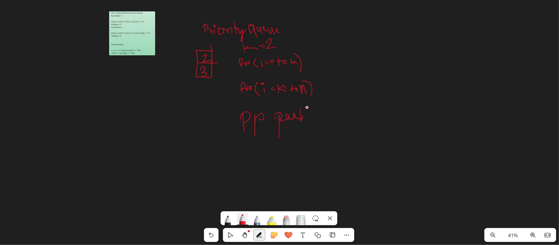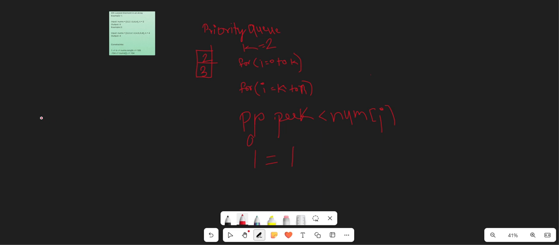If nums of i is greater than the peek element, suppose 4 comes and 4 is greater than 2, I will remove 2 from here. Now, the ith value comes as 1.